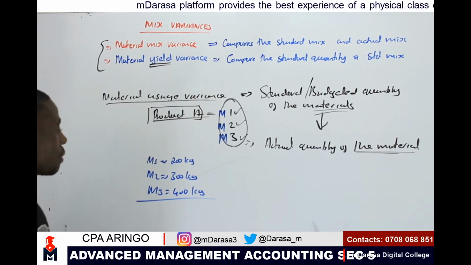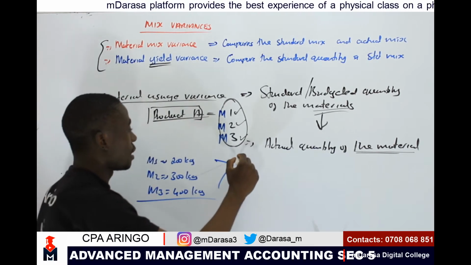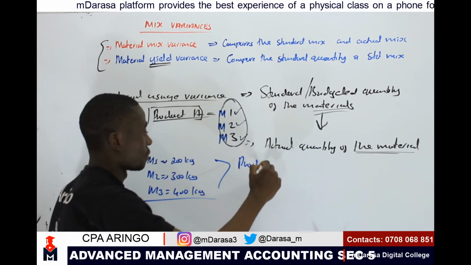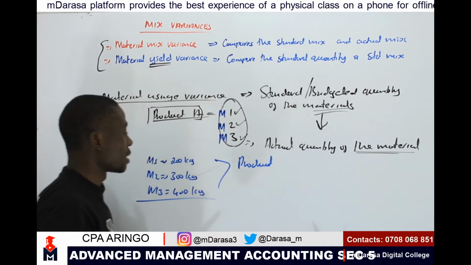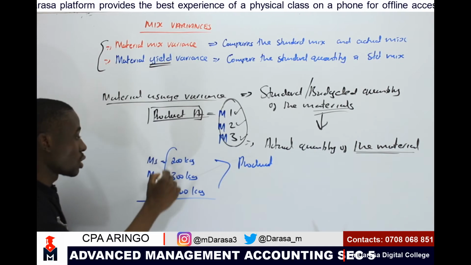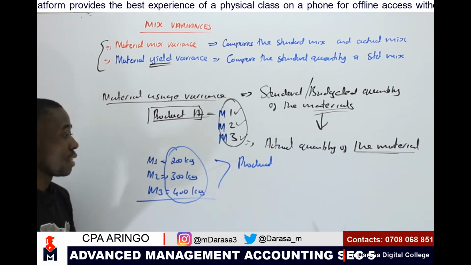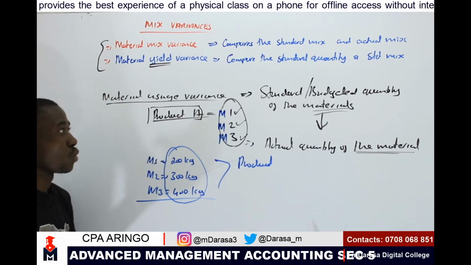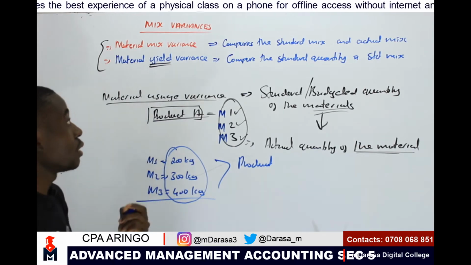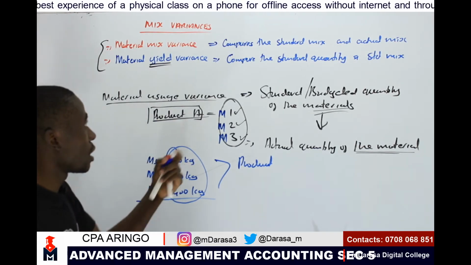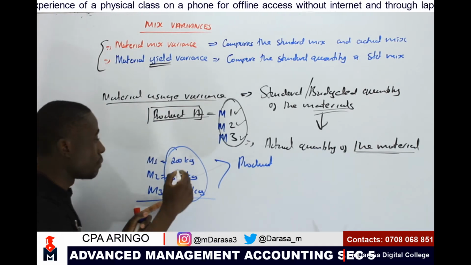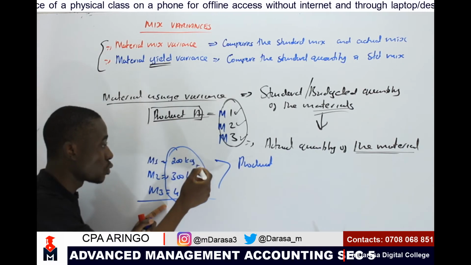Remember, all this I'm using to produce, say, our product A. So here comes product A, which is going to comprise the three materials. Yield will come in by comparing what I'd budgeted to use in regard to the mix, because we